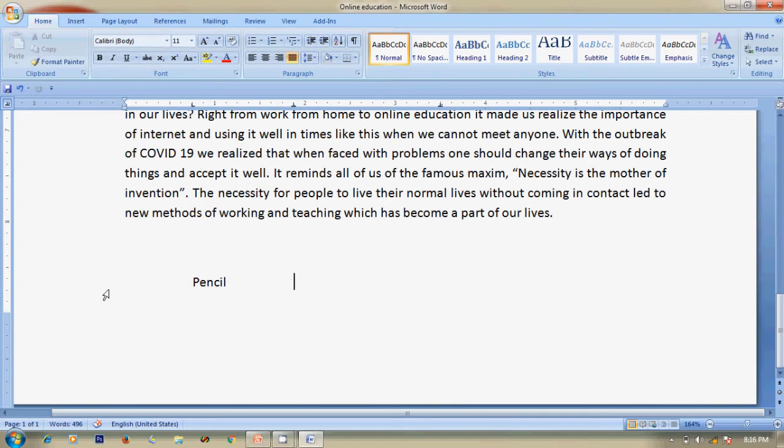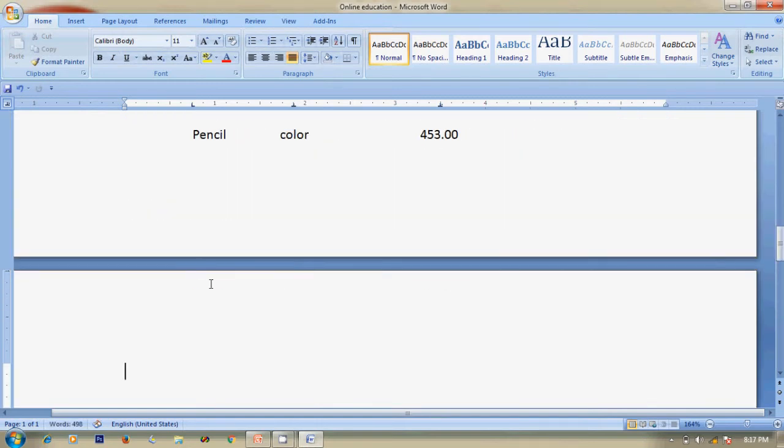Pencil, and here color, you can see it is shifting to both sides. That means it is the center tab. If you set a left align tab, the text will move to the right side from that position. If it is a center tab, the text will expand on both sides to keep itself in the center of the tab. And then press the tab key, go to the decimal tab. If I write 45,453 rupees and go to the next line, I type tab, pen, say black, and if I type here